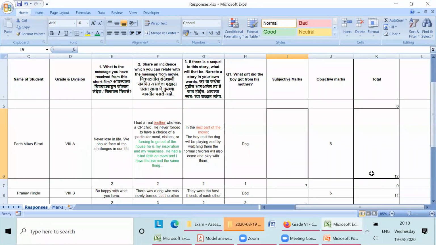So in case one of my questions was unchecked, who would tell me that? It is with someone else's eyes also that the paper is being reviewed again. That is the basic idea always. So just check if the formulas are right, if the totaling has been done right. Randomly, if you check 2-4 totals, you will understand that the total part is right. The rest is all done automatically.